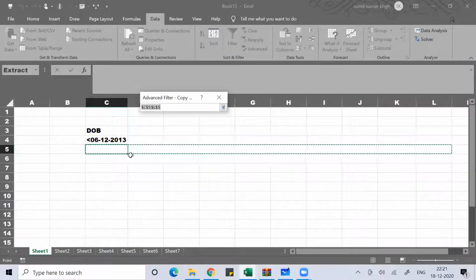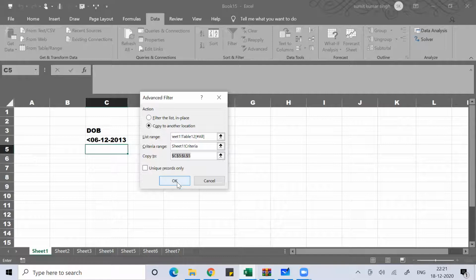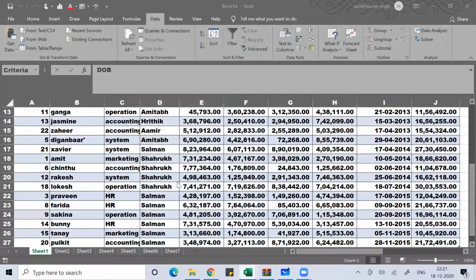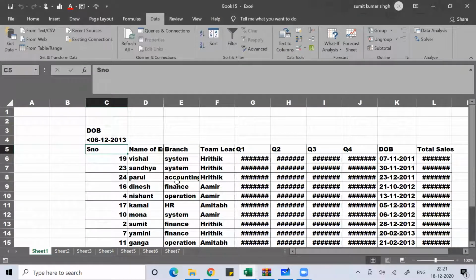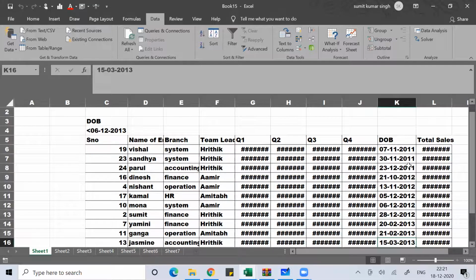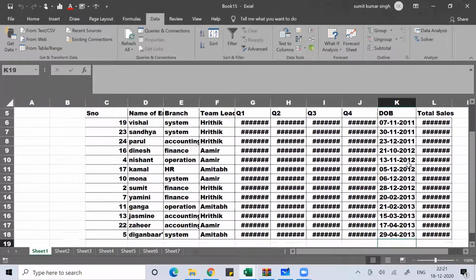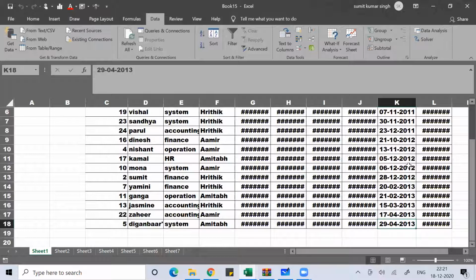Where to copy it? Here to copy. Yeah. Okay. Then OK. So you got all the persons who were born before 6/12/2013. You can see all the persons who were born before 6/12/2013. The last person was born on 29th April.